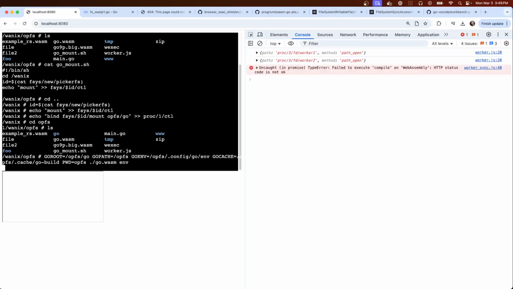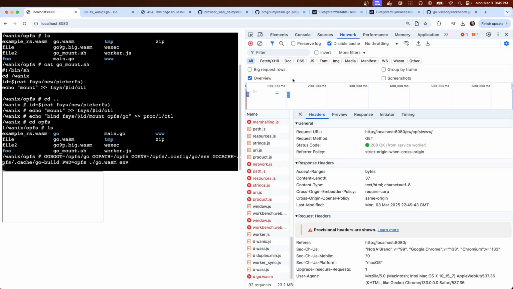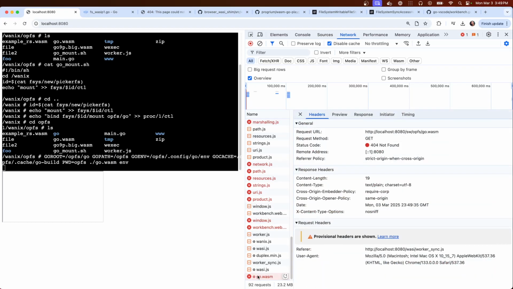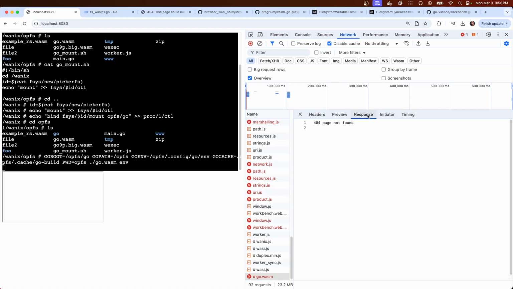For environment, it's just a sanity check. Oh, that's very interesting. Huh.